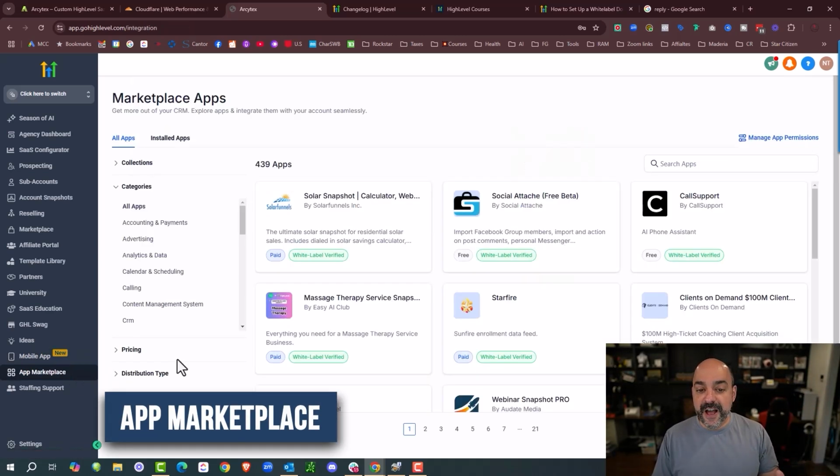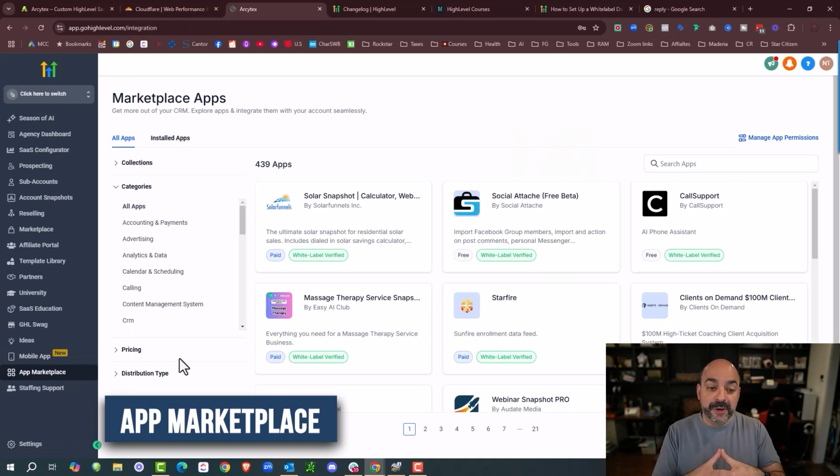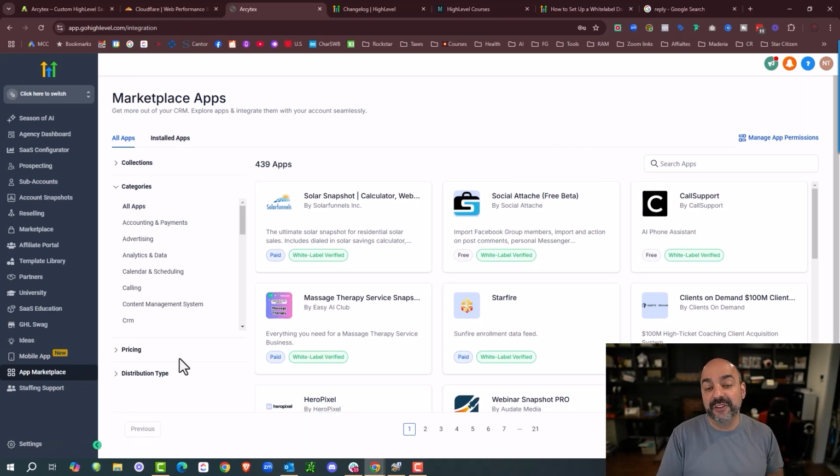App Marketplace is if I wanted to buy an app that somebody already created somewhere that connects to HighLevel, then I can go ahead and do that there. Not only do I pay for it here, but my customers will also have the ability of buying any apps that they need for their particular business into their sub account. And that's honestly pretty much it. We went over all the settings, we went through all the integrations and everything else, but this is the first part of